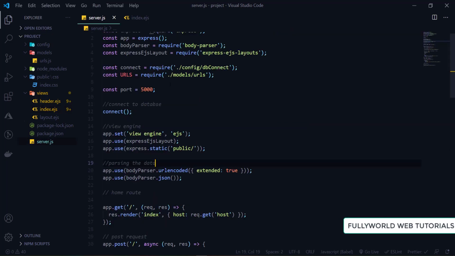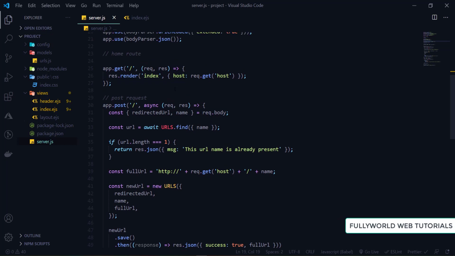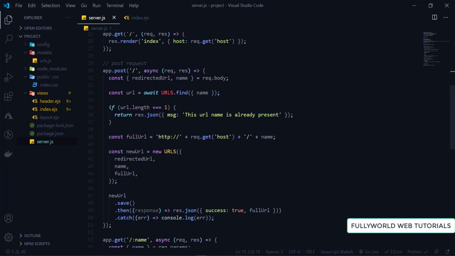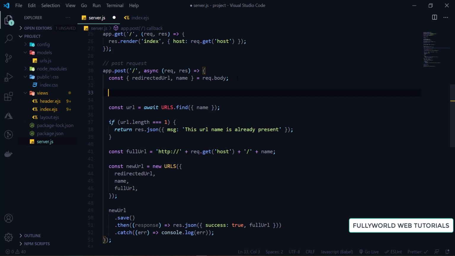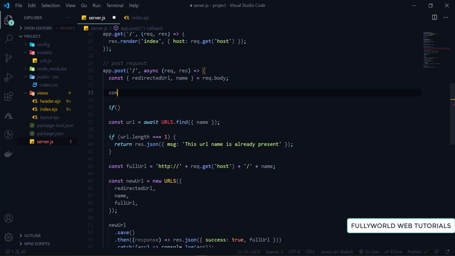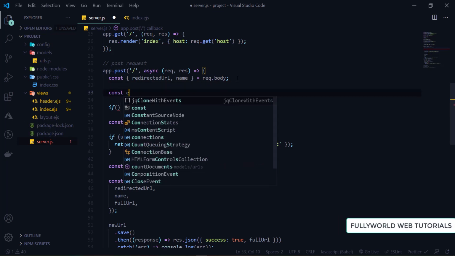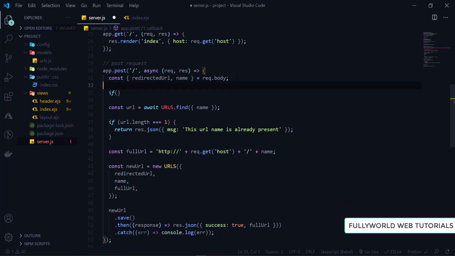So now for the index.ejs, first of all in the post request, we have to check if redirected URL and name are present or not. So first there will be one condition here. I'm going to make one more constant, so that will be errors. So remove this.